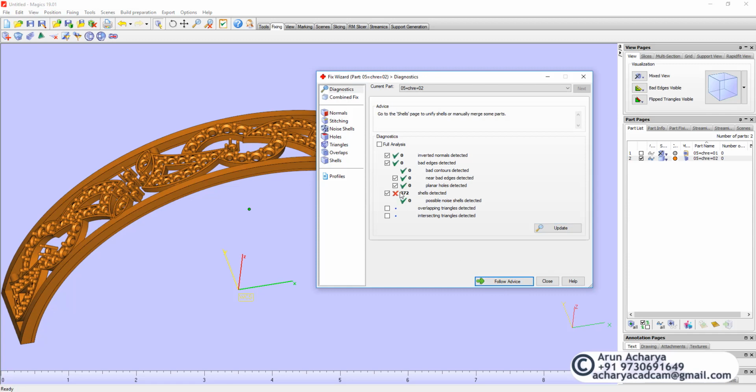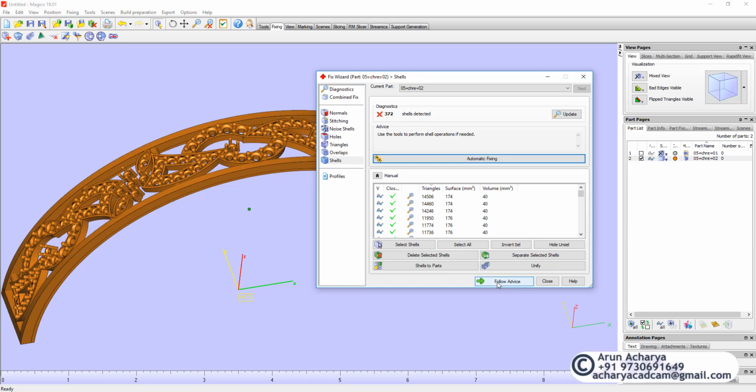until you get shells. Now this is fixed, and I think this is also fixed. The only thing remaining is the shells. The shells need to be unioned. So what we can do here is click on follow advice. Let me just go follow advice, and